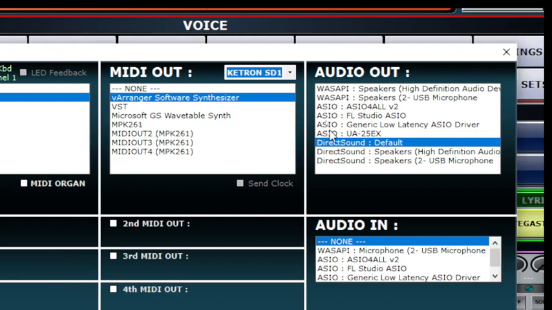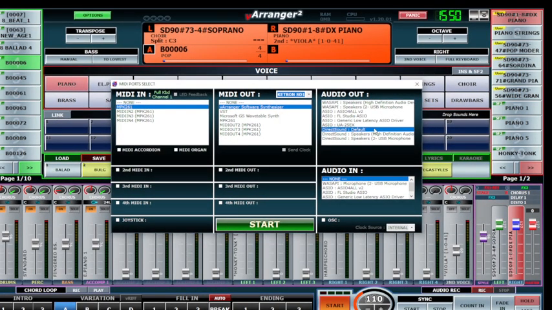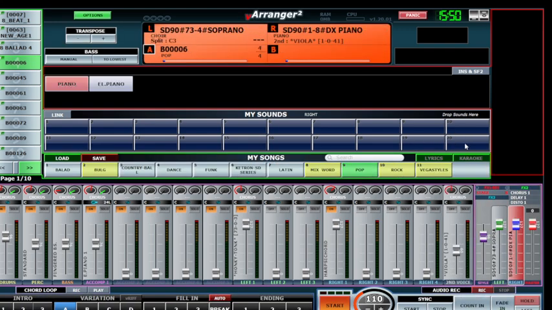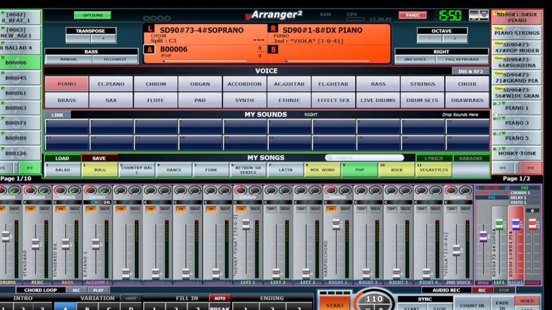And on the speaker, on the audio out, usually I'm using the ASIO for all, or FL Studio ASIO as well, but at the moment I will be using DirectSound. Why? Because this screen record program has a conflict with the audio driver and there's no sound. So when I'm using DirectSound, I won't have any effects like reverb or anything. So the style is here,